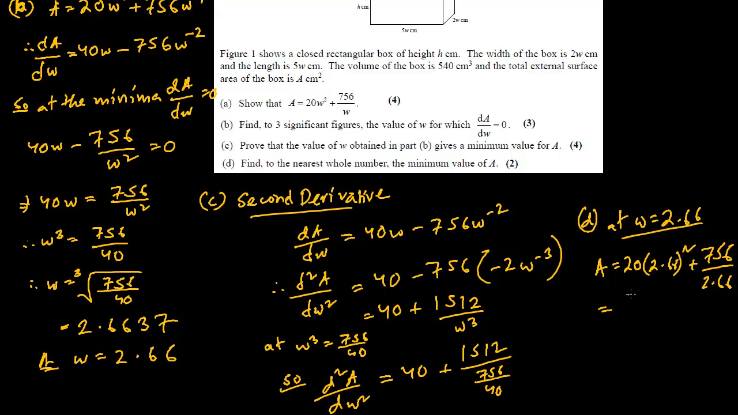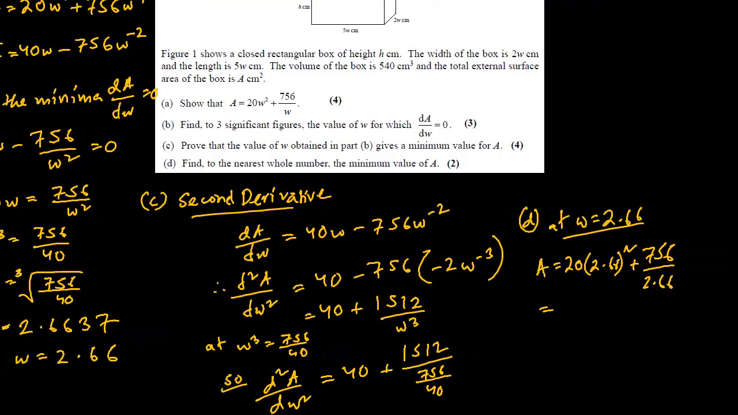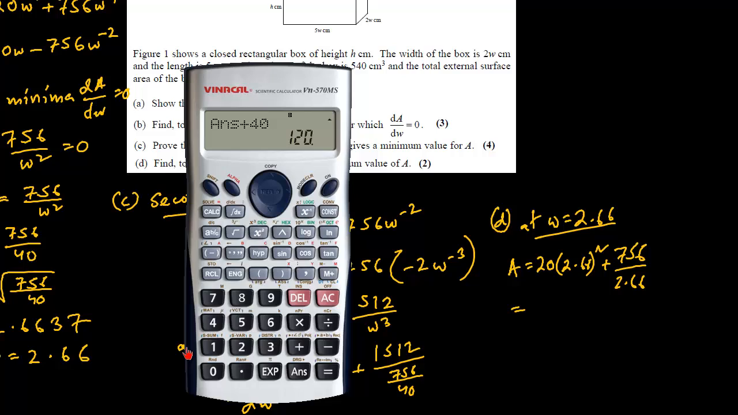I must add, it's a good idea to take more than 2.66. You should take 2.6637 to prevent rounding off error, because the answer would be more accurate if you take more values of W. So this turns out to be,